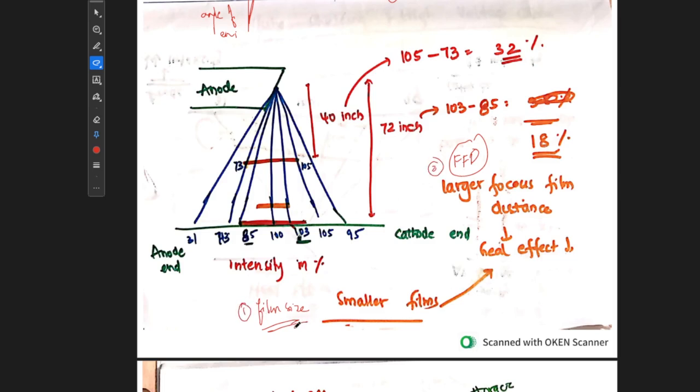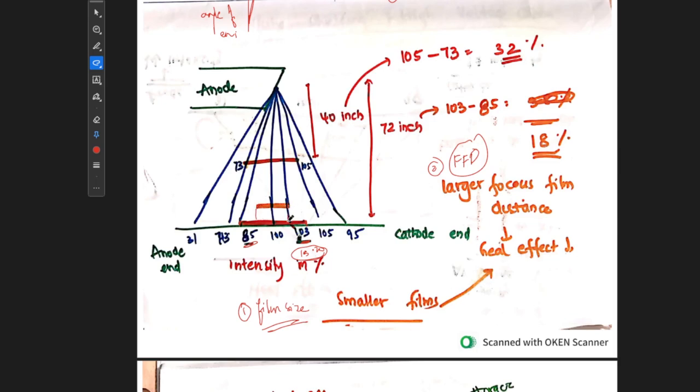If we use smaller films or larger films, think that this is the larger film. At the anode end, the intensity is 85. At the cathode end, the intensity is 103. So there is a difference of around 15 to 20 for this red film, whereas for this orange film, which is a smaller film,